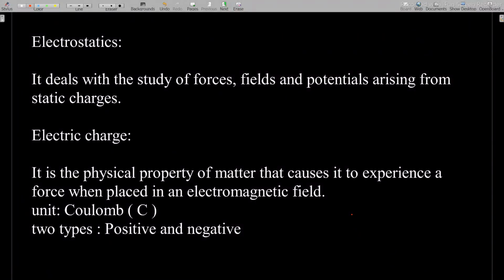Hello, welcome to our first lesson on electrostatics. This lesson will go through the introduction to electrostatics, what it means in physics and also in